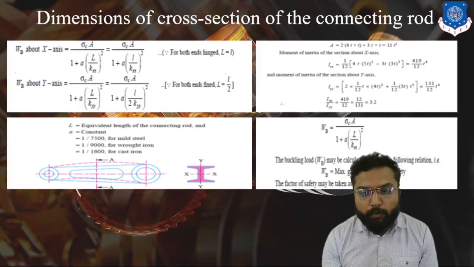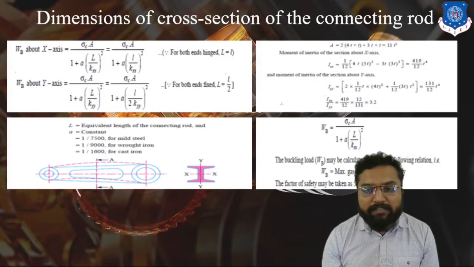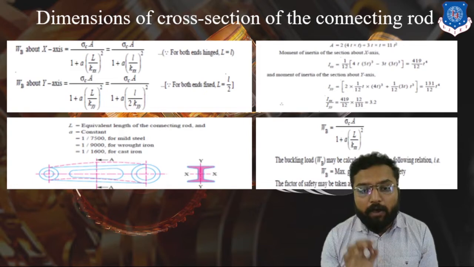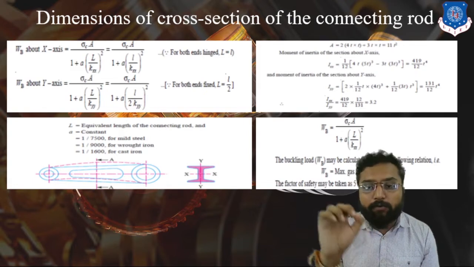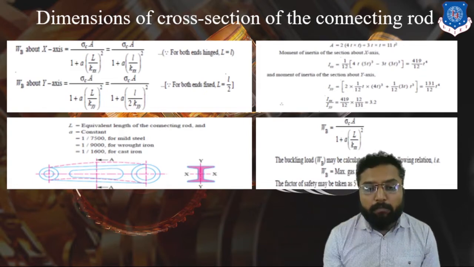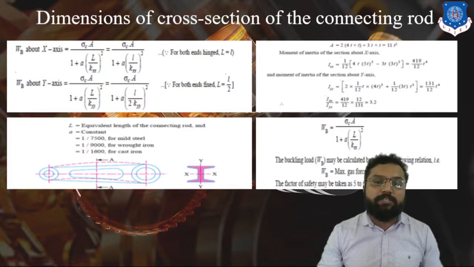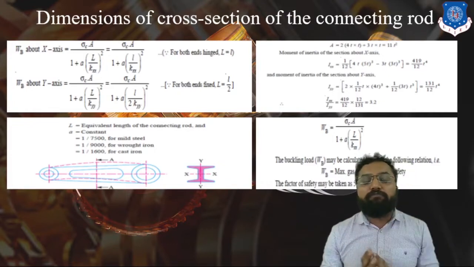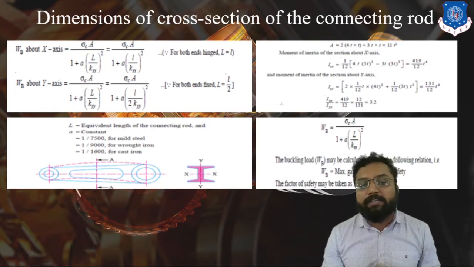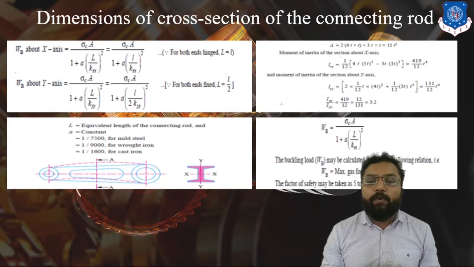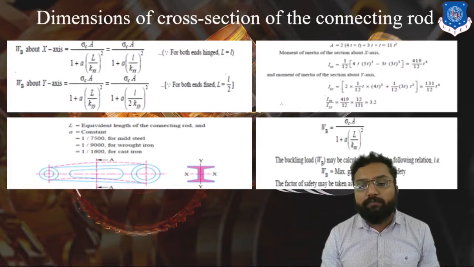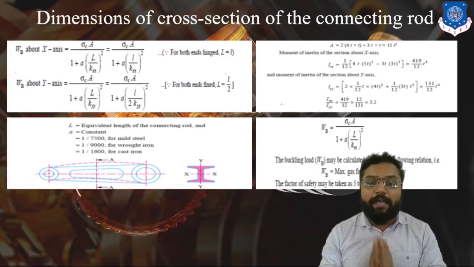So the bending stress WB will be the buckling load, clear, sigma C divided by A, 1 plus A 1 upon L upon Kxx. Why Kxx? Because we have found out that it is trying to buckle in the xx direction rather than anything else. Clear? Okay, so we are clear about this design procedure of the cross section area. We have considered two directions, Ixx and Iyy, where Ixx is higher compared to Iyy. So we are going to design depending on the xx direction.